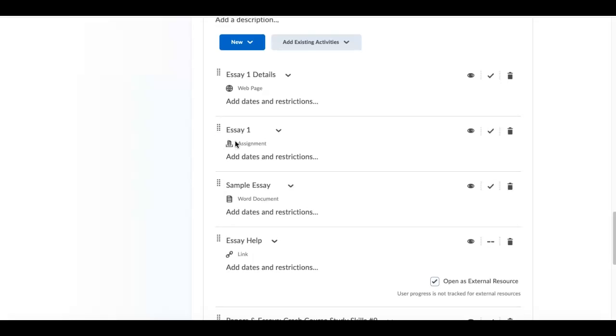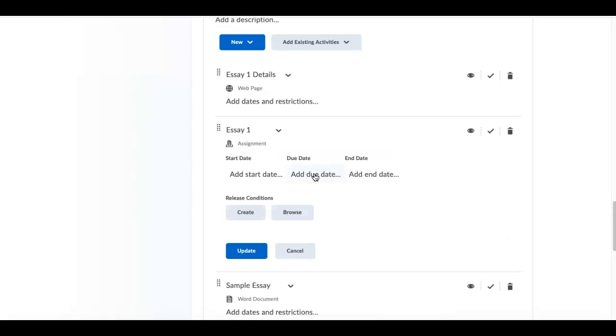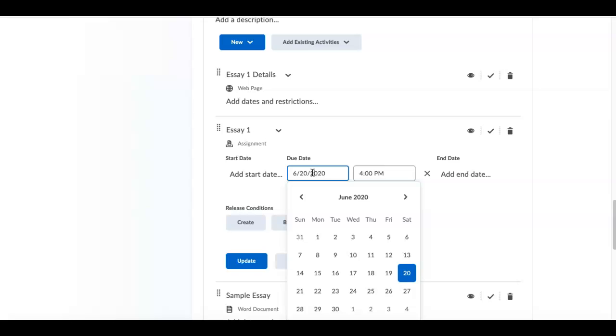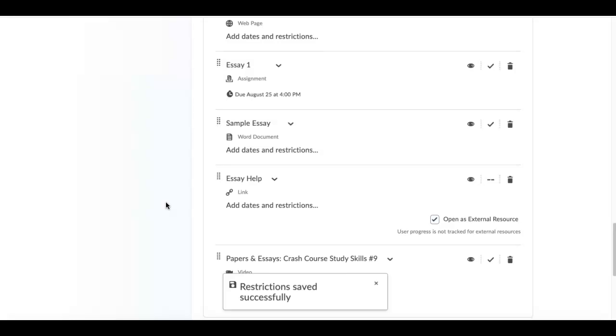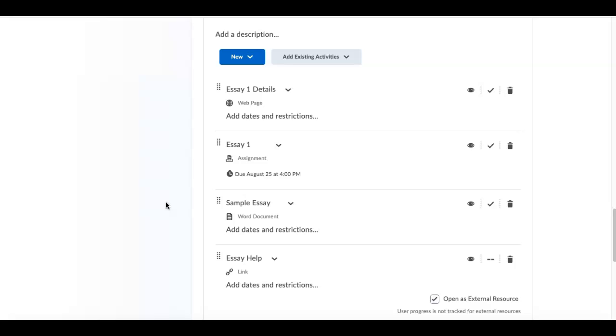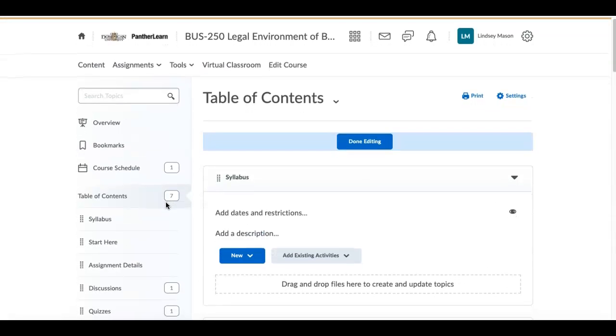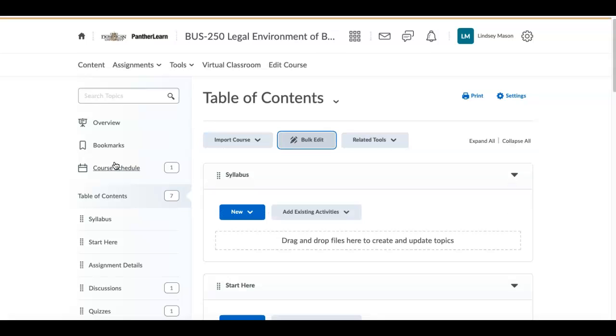And scroll down, I've got the assignment Essay 1. Can add that due date right here. And so now I've been able to go through all of my assignments in my course at one time and add those due dates. When I'm done, scroll all the way to the top and simply click Done Editing. That's just a really quick and easy way to get those due